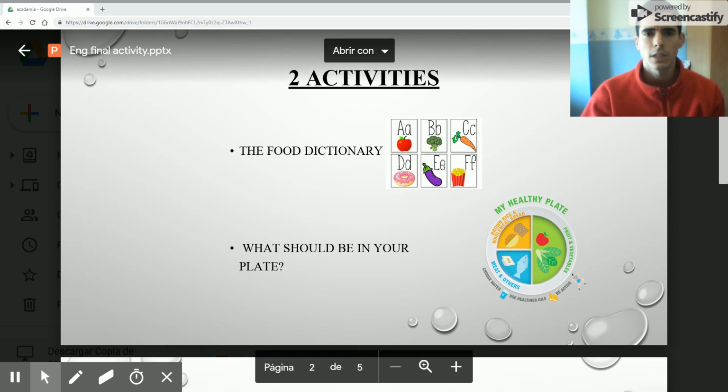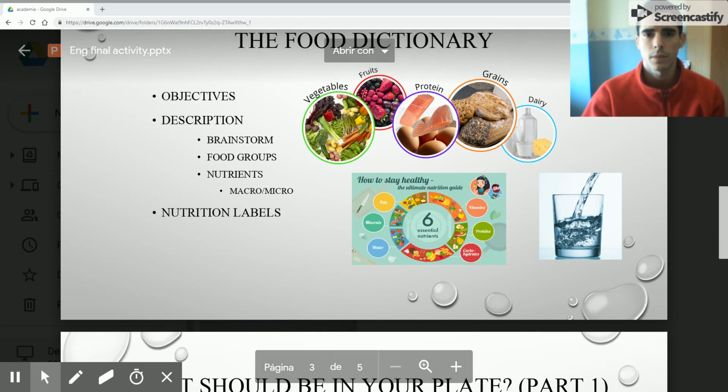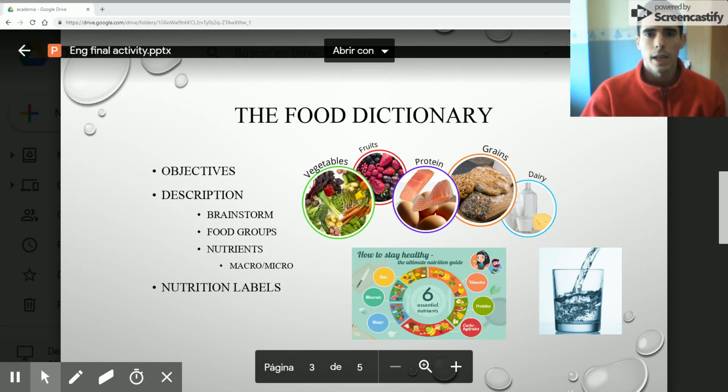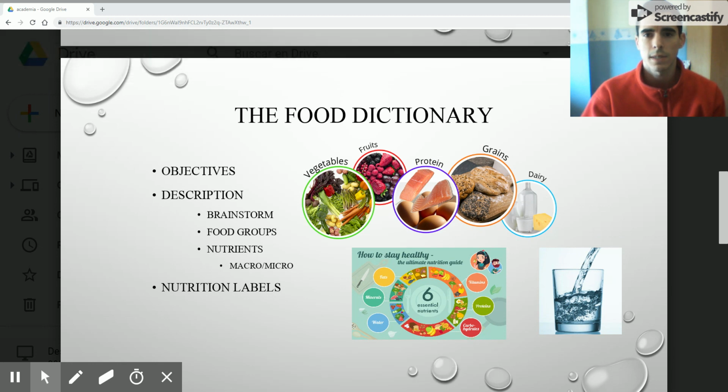To this end, two activities focused on nutrition have been prepared. The first one, the food dictionary, and the second one, what should be in your plate. If we focus on the first one, the food dictionary, we see that the objective of this activity is to know and classify the main food groups according to their